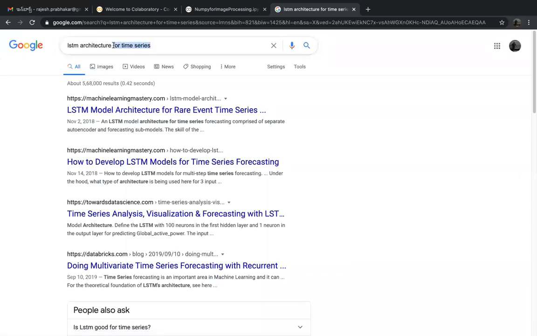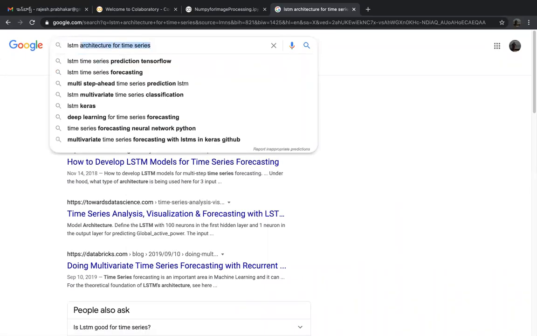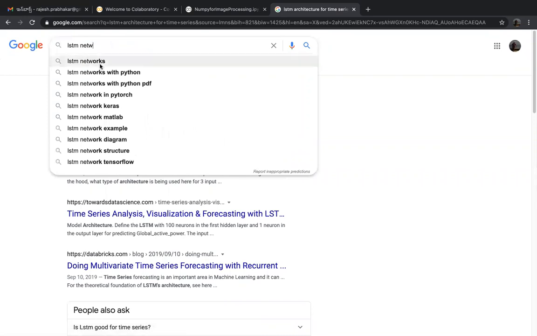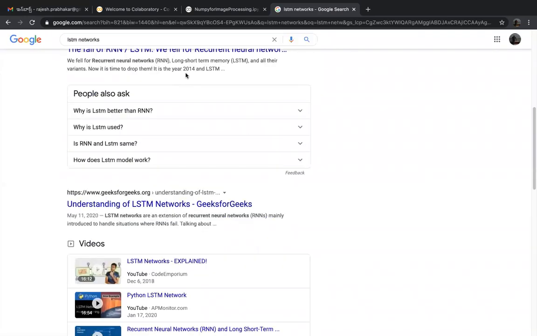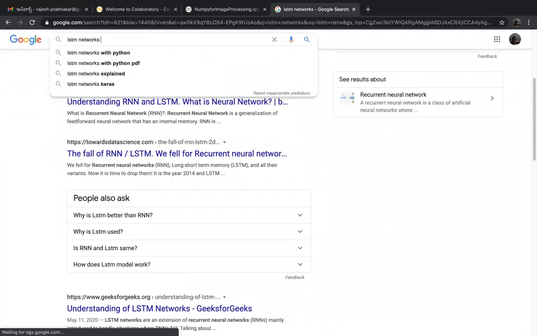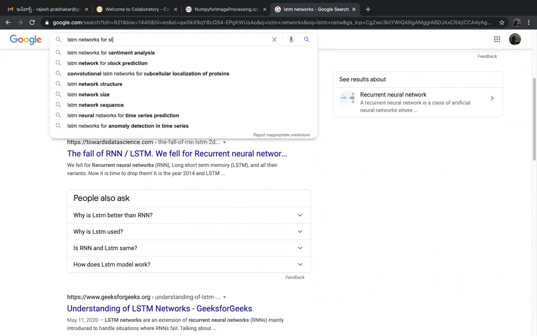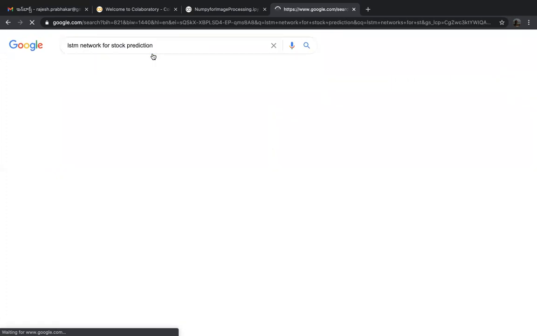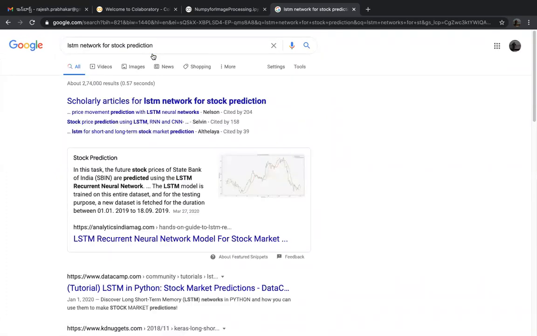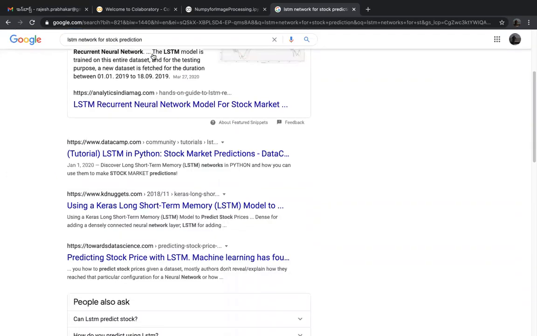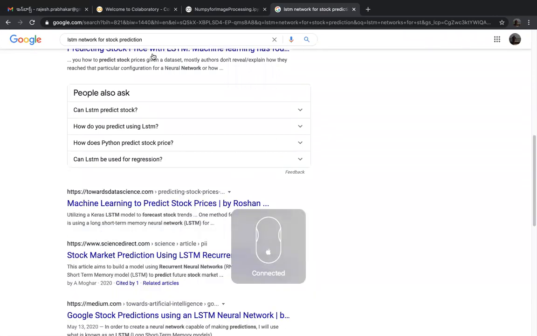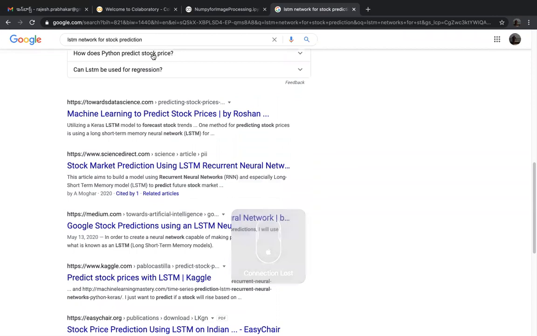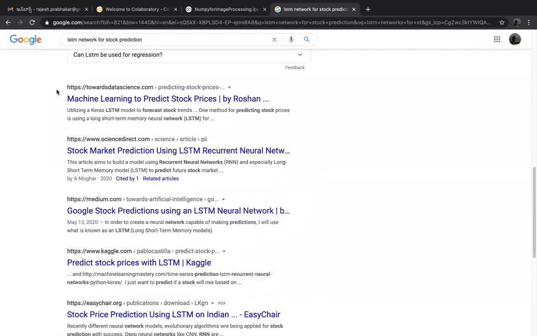LSTM networks for stock predictions or commodity predictions. I have seen a lot of researchers and PhDs being done on predicting stock prices using LSTM neural networks. Also a combination of LSTM with recurrent neural networks.